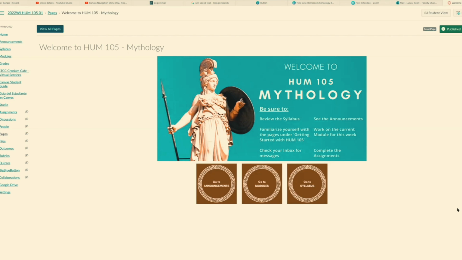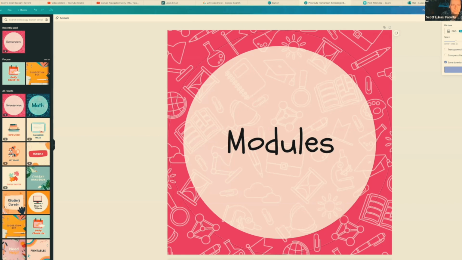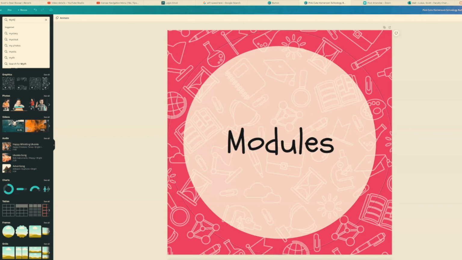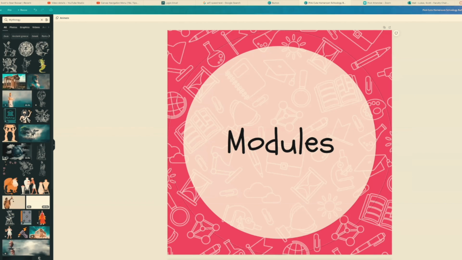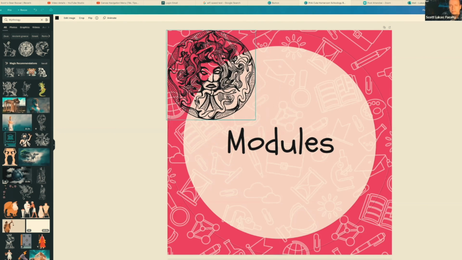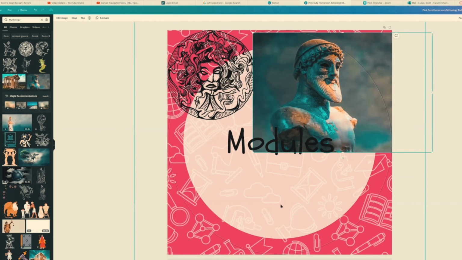Yeah. So for this, Canva is incredibly helpful because you can just search images. This class is on mythology, and actually I geared it to make it more of a world mythology. But we start off with Greek and Roman mythology. Most people think of that when they think mythology. So I intentionally geared my images towards that. That was a statue of Athena, right there on the page. So I would type something like Greek in there, and get all sorts of pictures or designs, and then you can have some fun with it. Yeah, you can customize it however you want.